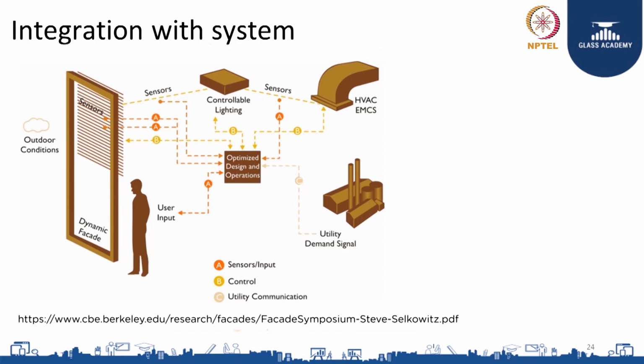In this system, you see that there are several sensors. We can be measuring the outdoor conditions, we can be measuring the indoor conditions, we can be measuring the blind position, we can take the user feedback, we can find out whether the space is occupied or not. We can also be talking to the HVAC system to understand whether heating is happening in the building or cooling is happening in the building. We can measure temperatures. We can even get signal from the utility to understand the tariff, and whether the cost of electricity is very high or low, if there is a demand response event going on.